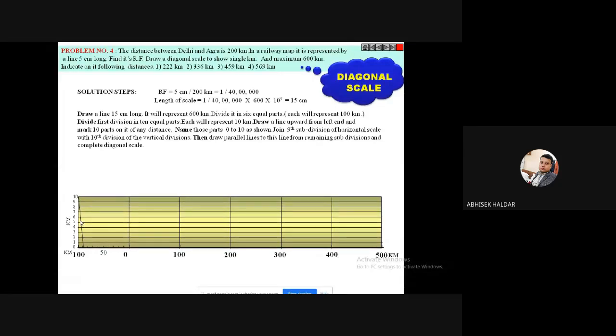Is that clear? This line is clear, from the 9th point of the horizontal division to the 10th point of the vertical division, or the top notch point. Once you join it by your scale, you will get this diagonal line. Then you have to draw lines parallel to this diagonal line at each of these divisions. In the horizontal part you have some divisions, and you have to draw parallel lines to that inclined line, like this.